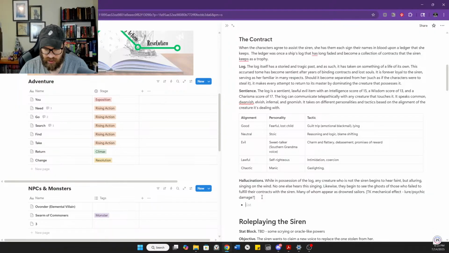Let's say, logbook is cursed. Let's see here. Target cannot willingly give up logbook. Yeah, so